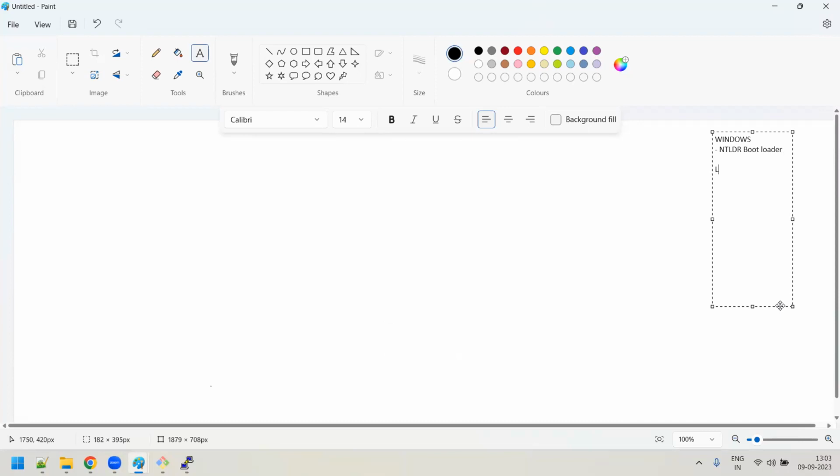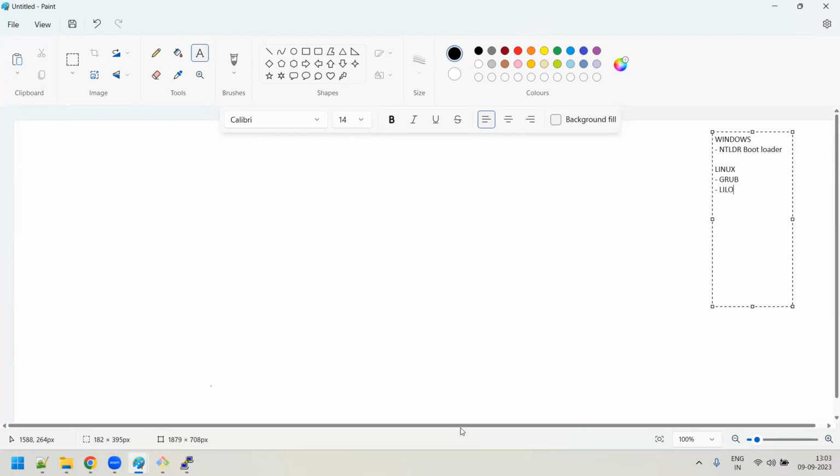Similarly, in Linux, you have a bootloader named GRUB, Grand Unified Bootloader. Earlier there was a bootloader named LILO, Linux Loader, but now we are not using it. I'm just telling you for information. GRUB is the default bootloader used in the Linux operating system.